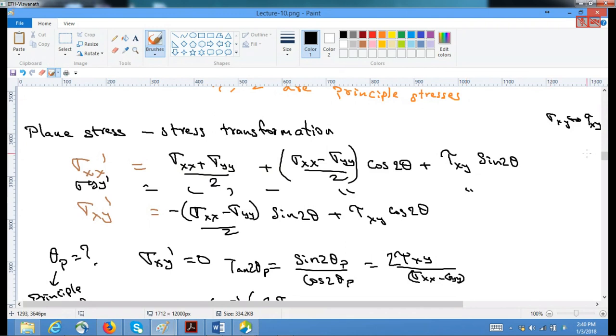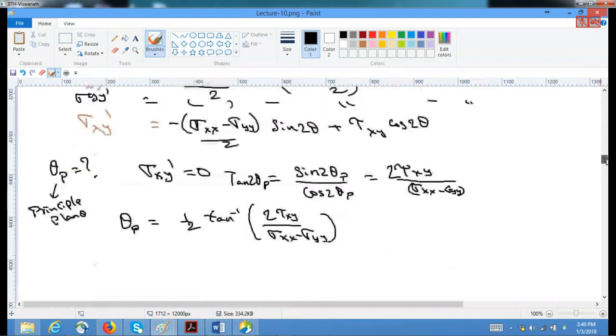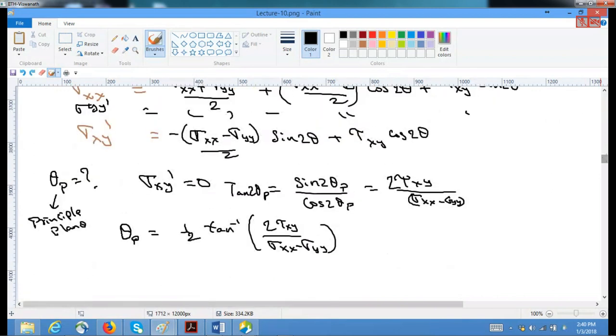This would also again have a negative sign. Or let me rewrite it for the sake of clarity. So sigma yy dash is equal to